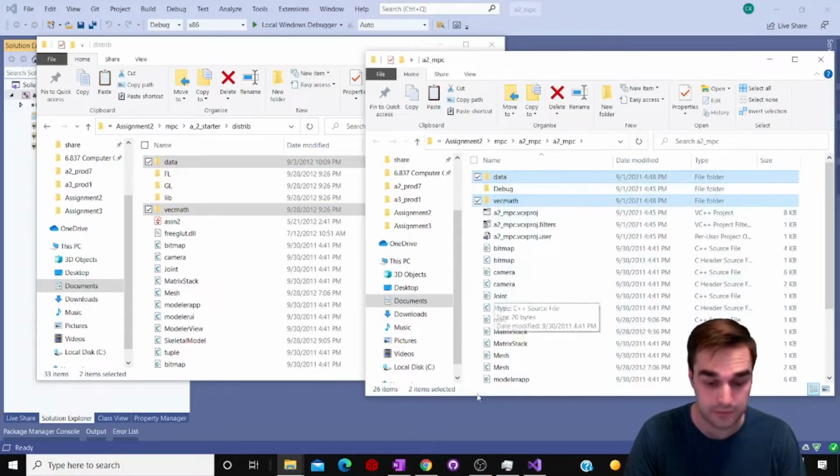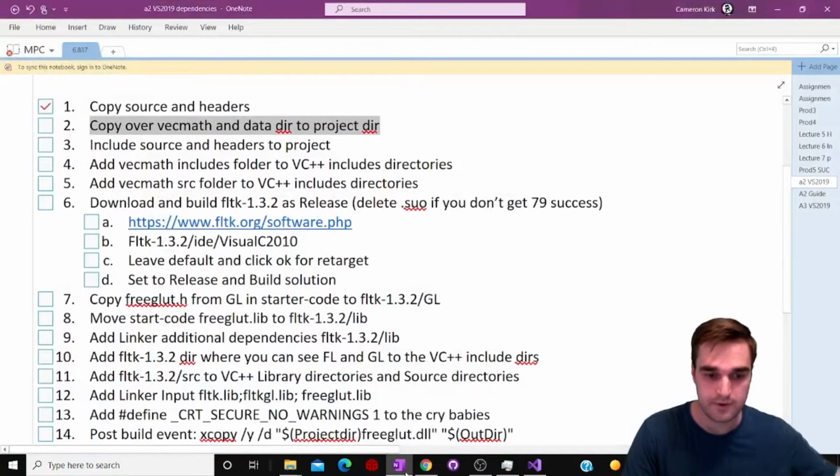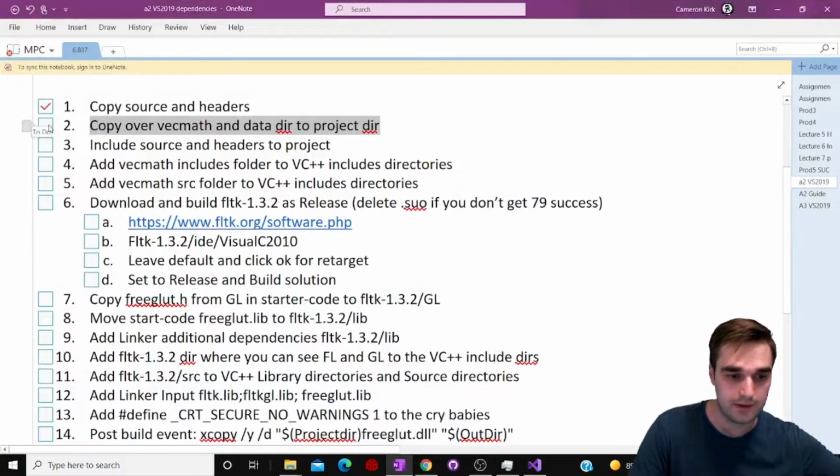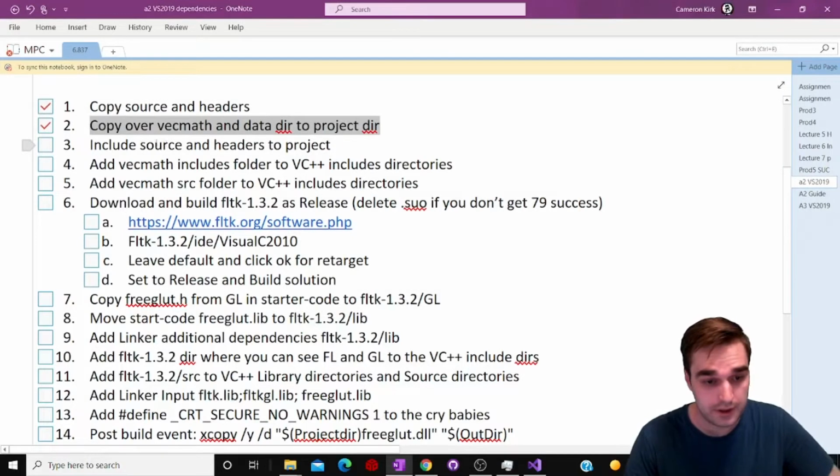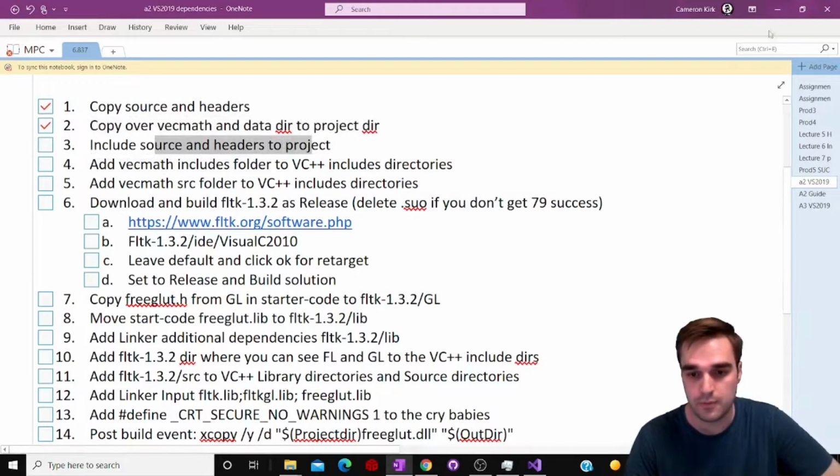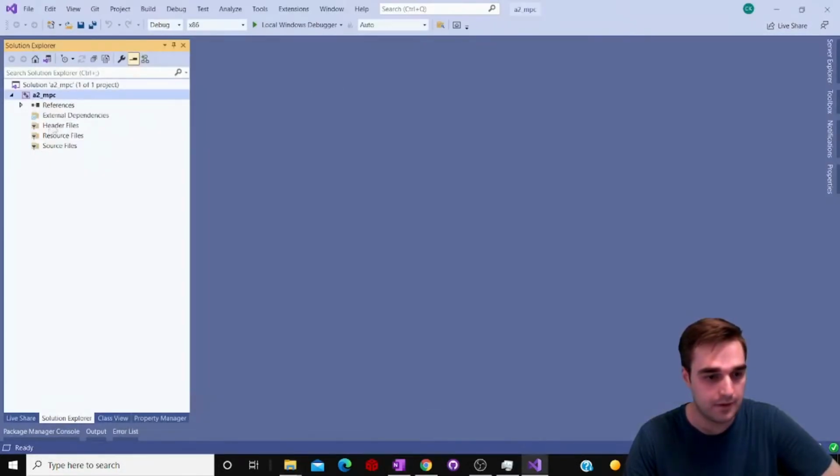Excellent. So now we have those. And what do we have next? So that is done. Next up, we're going to include the source and headers to the project. The way we do that is we're going to start with the source files back over on Visual Studio